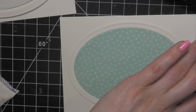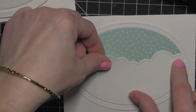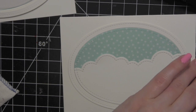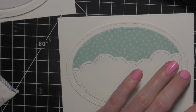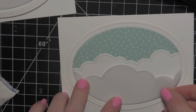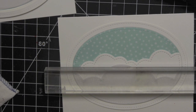I like the blue stars there. Then attach one of the cloud die cut ovals in the center and attach my vellum cloud on top of that. I'm just adding some little tiny drops of glue around the edge, very, very small, so that it doesn't kind of squish out. Using an acrylic block to hold that down just for a minute while the glue dries,